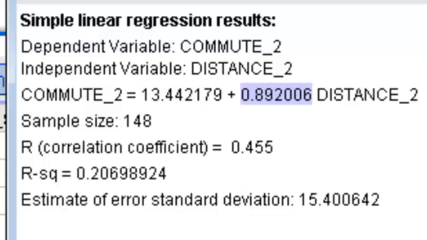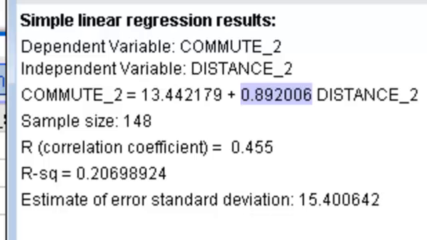So in our model, we can say that for each 1 mile increase in distance traveled, remember that's the x variable, the average commute time is predicted to increase by 0.89 minutes. So one more time. For each 1 mile increase in distance traveled, the average commute time is predicted to increase